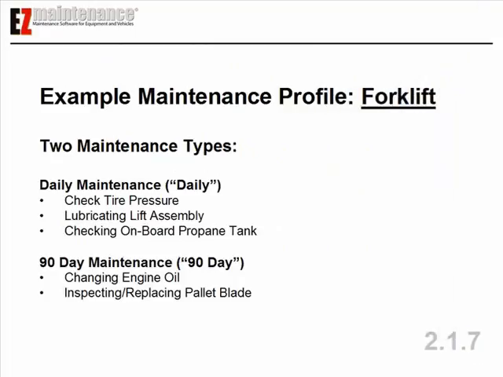After you've done this, now we need to add the maintenance types that compose the maintenance profile. By way of example, let's say that we want to create a maintenance profile for forklift maintenance that consists of two maintenance types, a type of maintenance that must be done daily, and another type that must be done every 90 days. The daily maintenance consists of checking tire pressure, lubricating the lift assembly, and checking an onboard propane tank